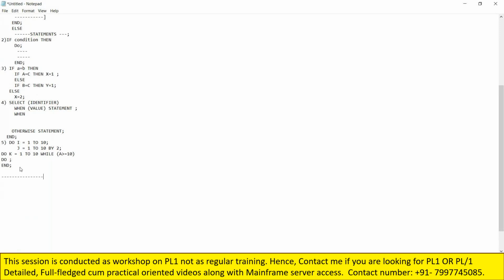And coming to the sixth one, we have do while and do until. Syntax is do while condition. I have not given that much syntax here because I already gave some material. You can check each and every syntax, and if anything, please let me know. If condition, while condition,